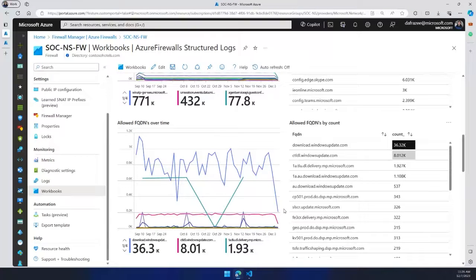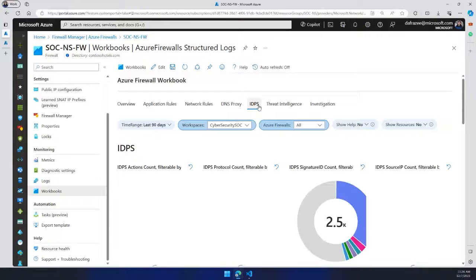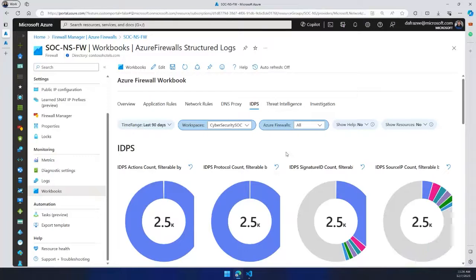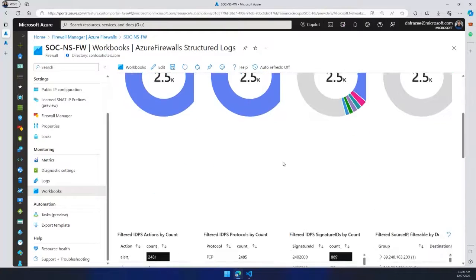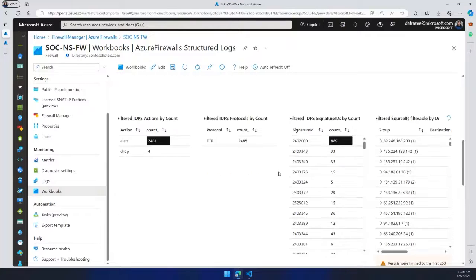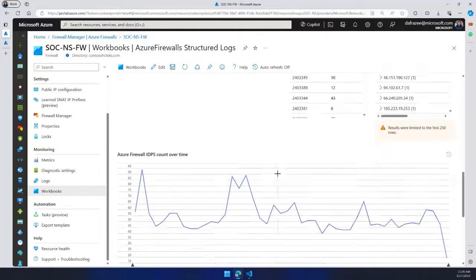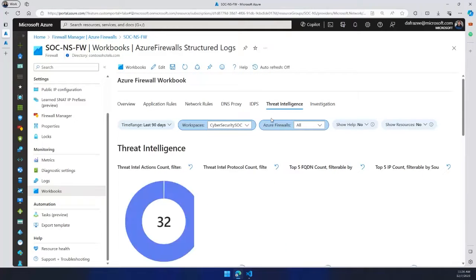And then you can really get to see and understand through time what is going on through the Azure Firewall. I do want to show the IDPS and threat intelligence here. And this might just look a little bit cut off because I'm zoomed in a little bit on my browser here. But if you're going to use the premium SKU for the Azure Firewall, you will be able to use this visualizer to see what's going on when it comes to IDPS events and specifically threat intelligence events within the